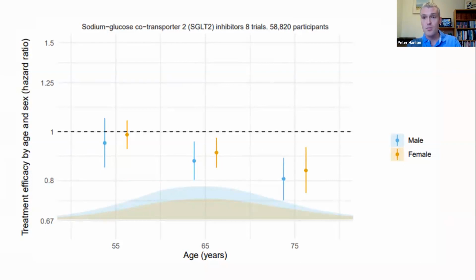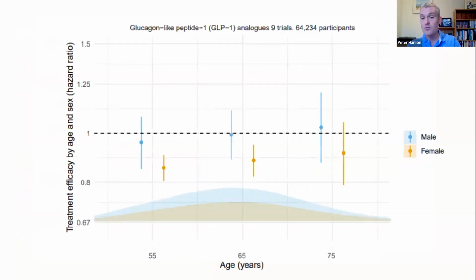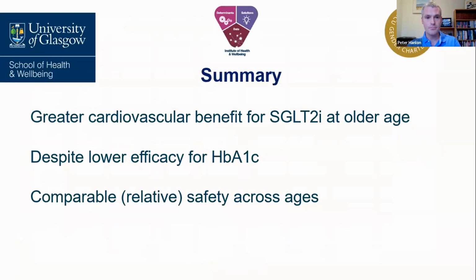The density plot at the bottom shows the age distribution across the whole meta-analysis, and what would be important to highlight is that above 75, the number of included people does drop off. So although this does show this age treatment interaction, we need to be careful about extrapolating this into much older ages because people over 80 were really quite unusual within these trials. And this is the equivalent plot for GLP-1 analogs, in which there was some, although a weaker, effect in the other direction. So they seem to look slightly better in younger people than in older.